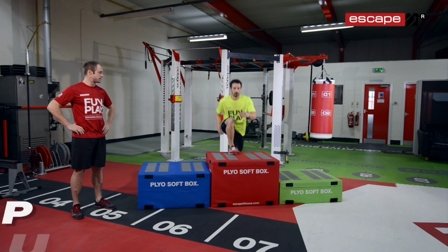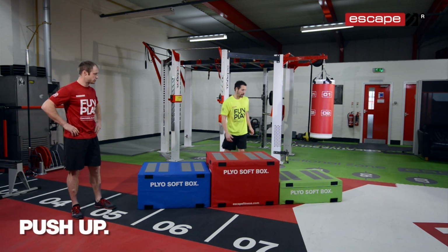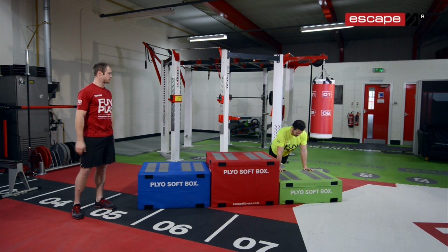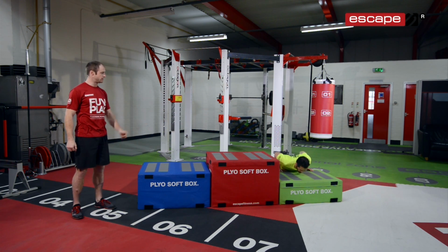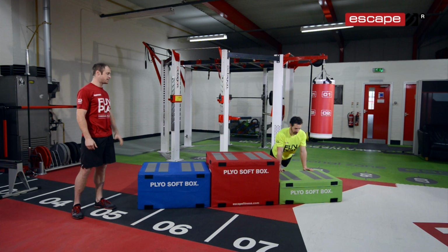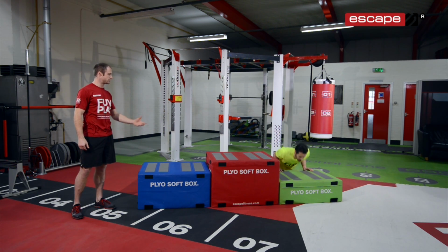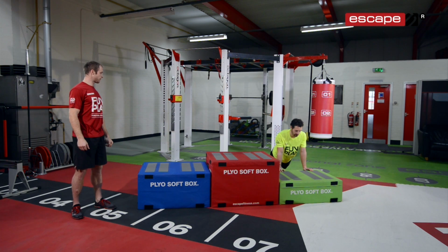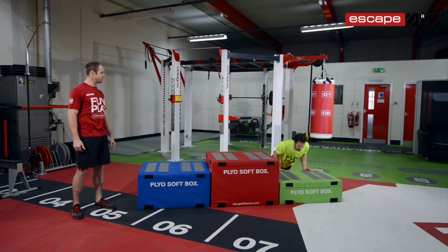Okay, the next exercise is going to be a push-up on the box. Push-ups, this is essentially an incline push-up, but we're still looking for a straight, strong body. Okay, you can obviously change the level of intensity here by changing the height of the box. So Andy's gone for the hardest option here with the lowest height. 10 of these,